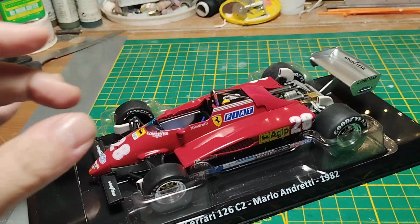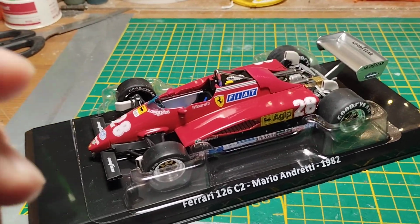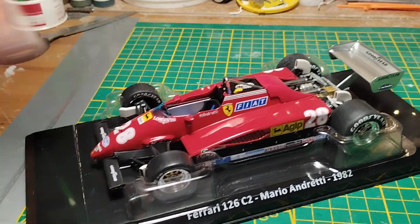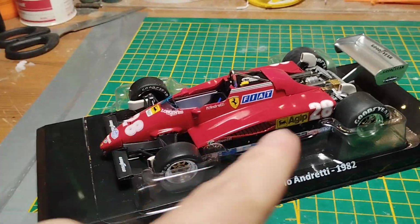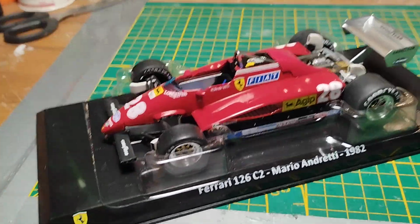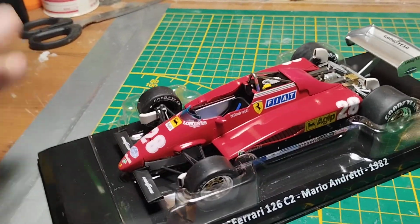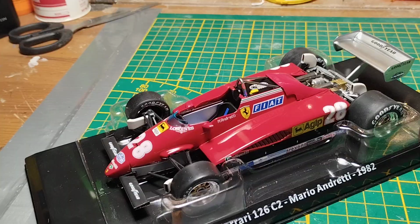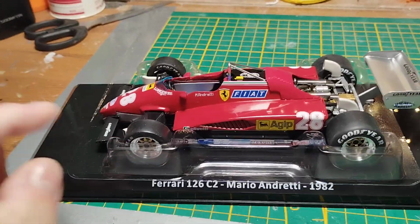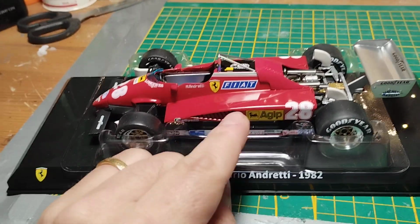featuring all the upper part of the body shell completely in carbon fiber. In reality, the car was absolutely fiberglass. Even if you look closely at the tragic accident of Gilles when he died, the car looked like somebody unwrapped it, like somebody really squeezed it, but you see that it's fiberglass. It's not ending in debris like the Formula One of today, made completely in real carbon fiber, where they make a powder, like if they were made in crystal. Instead, this was really like when you break a hull of a plastic boat, so you have the same effect, because this car was still featuring all the upper body shell completely in fiberglass,